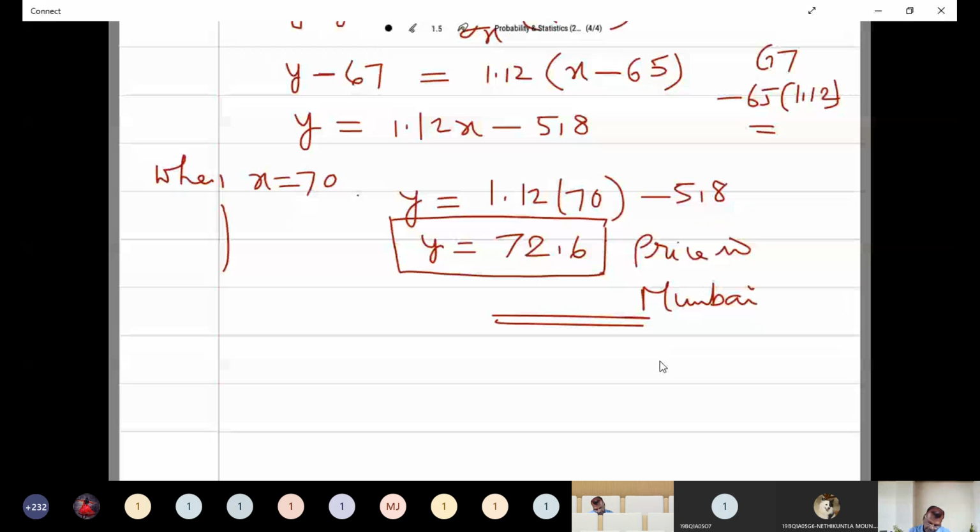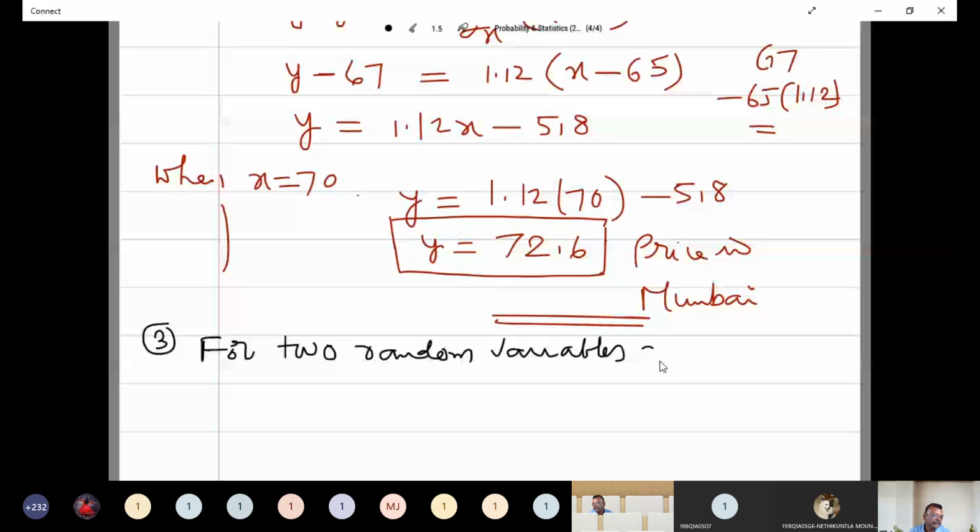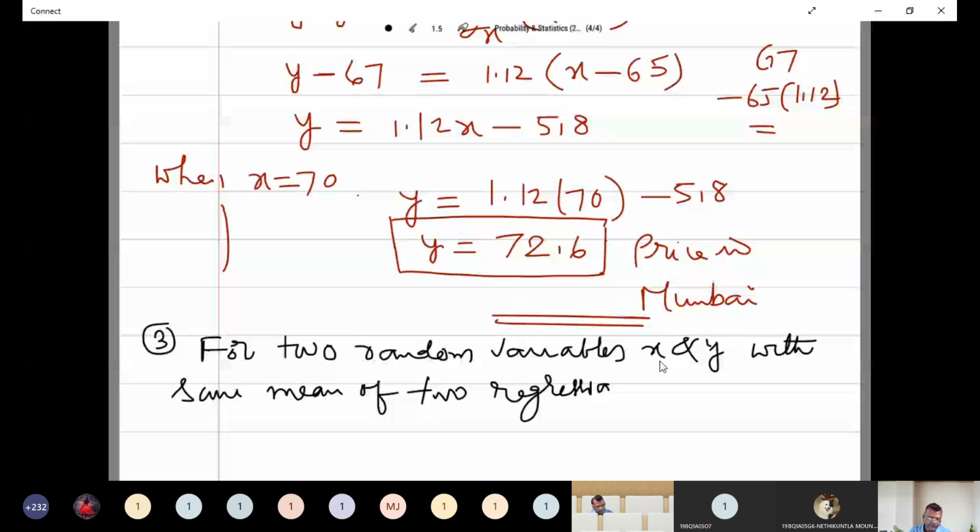For two random variables x and y with the same mean, the two regression lines are y is equal to ax plus b and x is equal to alpha x plus beta. Then show that